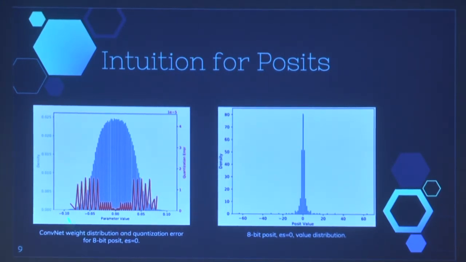And you could see that there is this heavy clustering around 0. And on the right here is the posit value distribution. This is an 8-bit posit with ES equal to 0, and you can see a similar heavy clustering, or that tapered precision. So this is for a single layer, but we have done these histograms over last summer, I think,